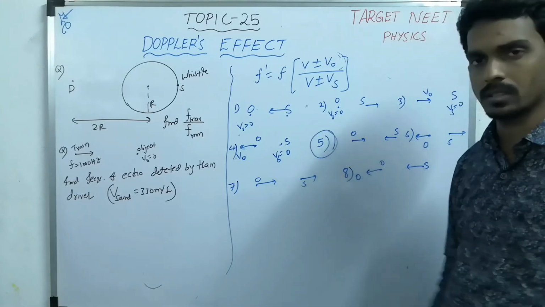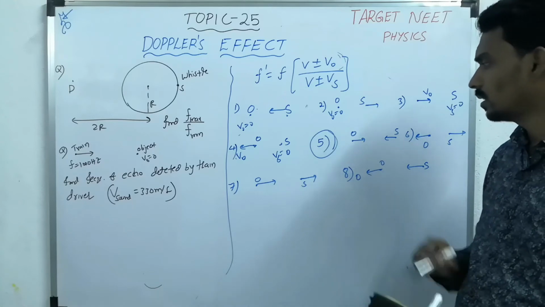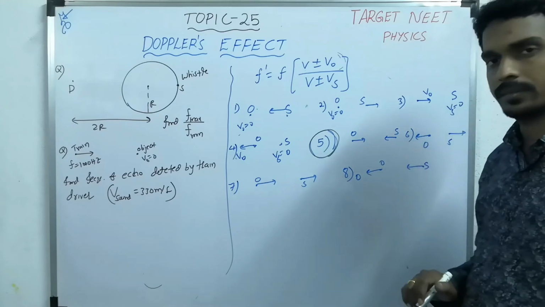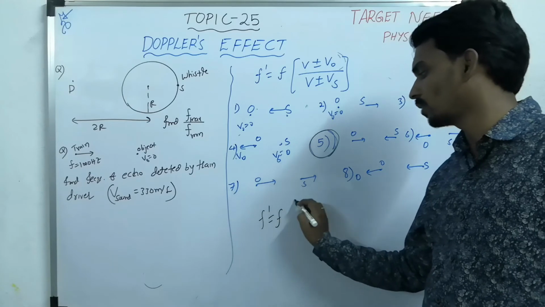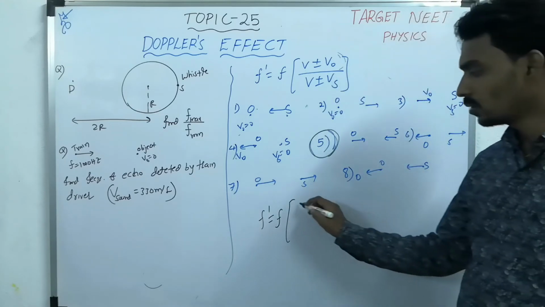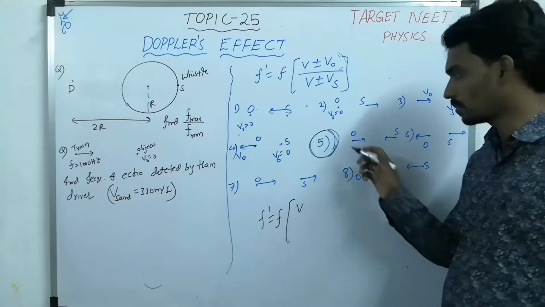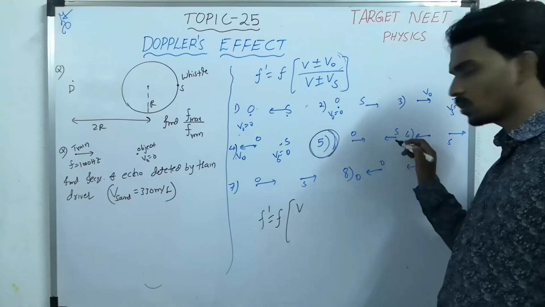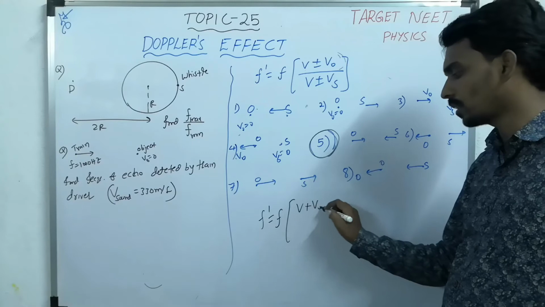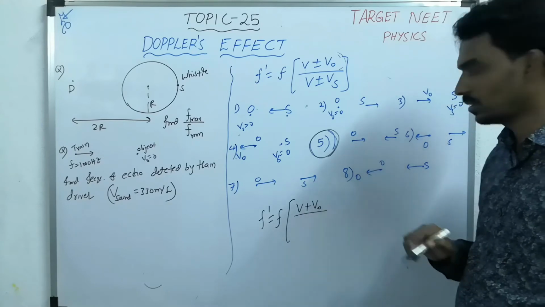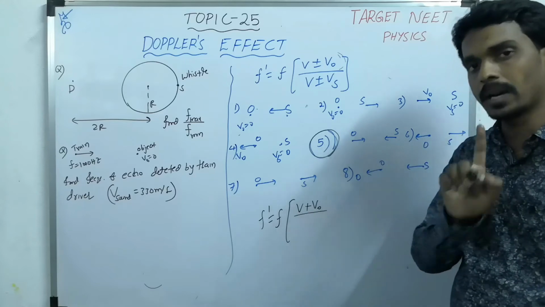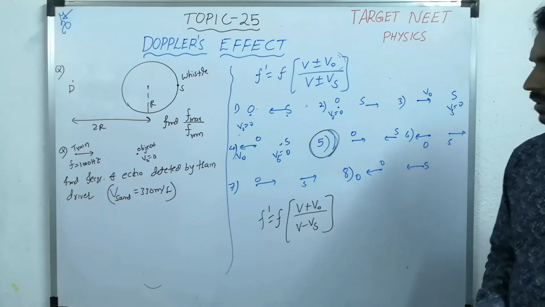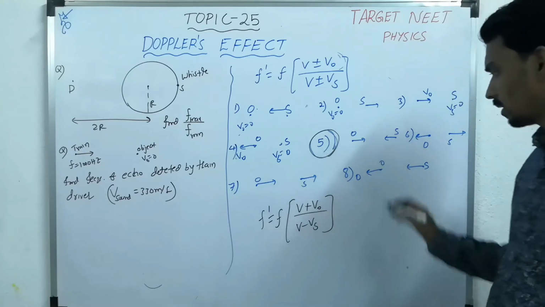Suppose you consider the 5th case. What is the 5th case? The 5th case is where the observer and source are both approaching each other. When you want to write the apparent frequency formula, first take the numerator, observer. Look at the observer, don't think about the source first. Observer is approaching the source, then it should be taken as plus, as we discussed. Now source is approaching means minus. So it should be V minus Vs.